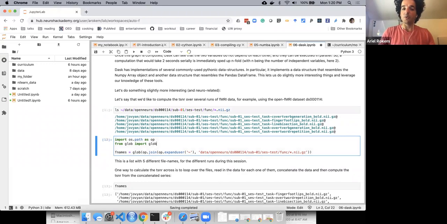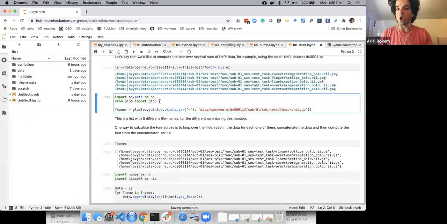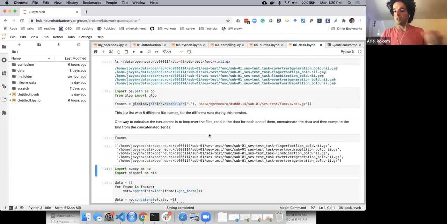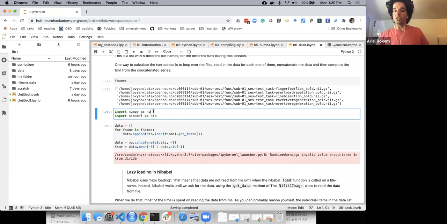And I'm going to try to read all this data in memory and do something with this data. So here I am using the glob library in order to extract the file names. So here I have a series of the file names that I just showed you. Okay. I like to use NumPy in order to do array operations, and I'd like to use NiBabel in order to read the data from file. You'll hear a lot more about NiBabel in a couple of days from Chris, but for now, suffice to say that when I do